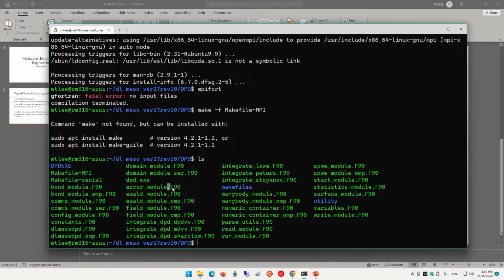Like here, this is .f90, which means this is in Fortran 90. If it is in Python, then it'll be .py, all right? And if it's C++, maybe it's .cc, I don't remember. But each file contains a lot of program. Let me open one for you, just the smallest one, all right?